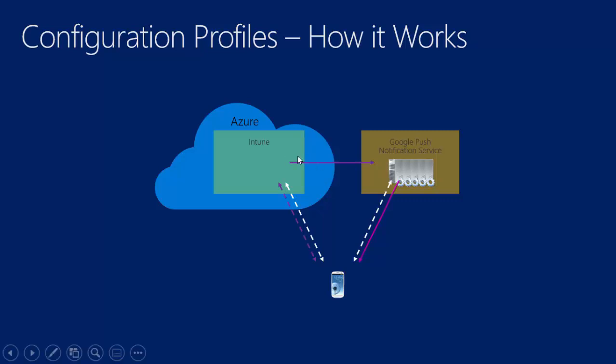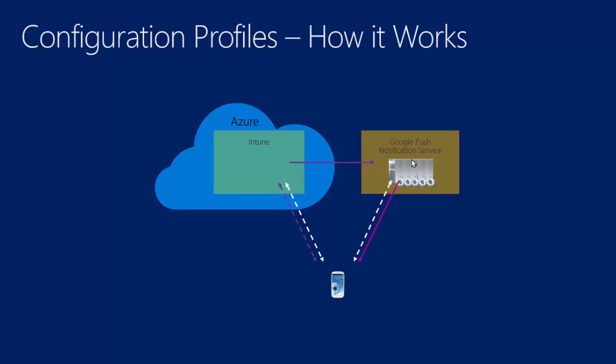So what I'm going to do, Intune says, is reach out to the Google notification service. Now, these Android devices will have a persistent connection to the Google notification service, just like Windows devices have a persistent connection to the Windows notification service, just like iOS devices have a connection to the Apple push notification service. And so when Intune